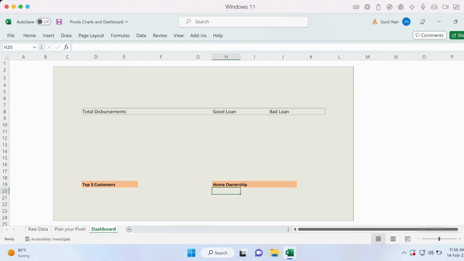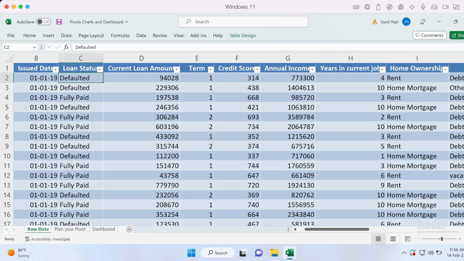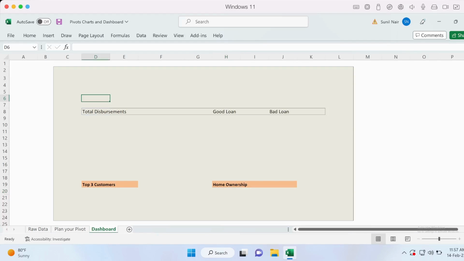based on home ownership. So if you have been following the previous videos, we have been using the same data set. This is past data of loan customers of 2019. So we're going to be using this data set for creating a dashboard. Perfect. So the first thing that we want to do is create a slicer as we had seen in the